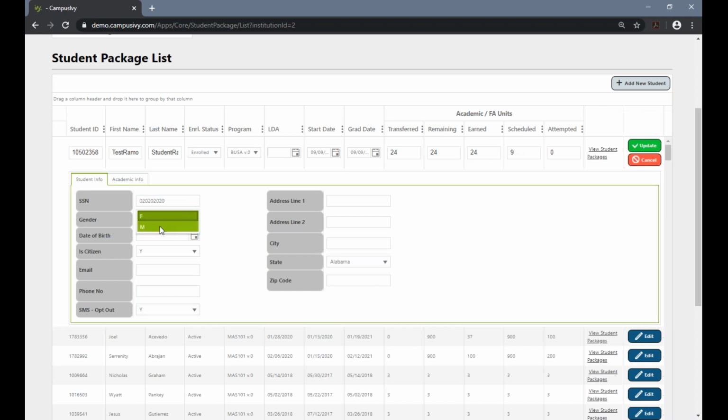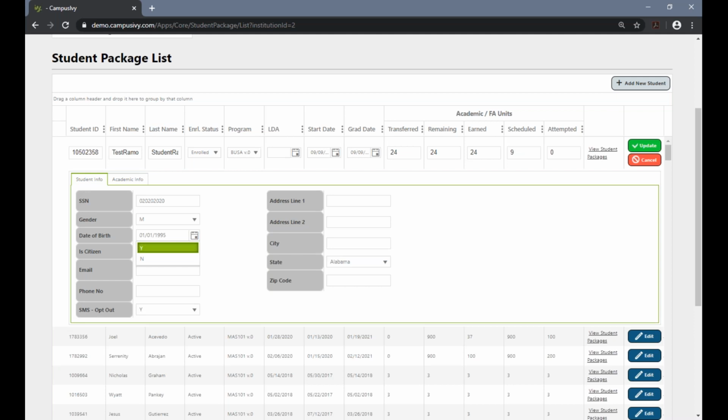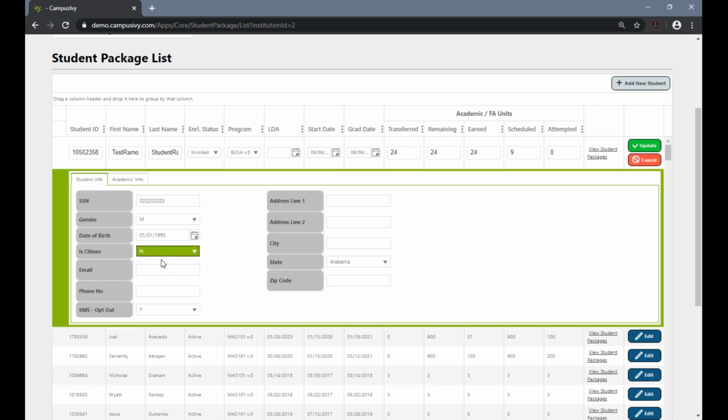Okay, social, their gender, their date of birth, whether they're a citizen or not. So keep in mind, if they are an eligible non-citizen, this entry would be an N for no. If the student is a U.S. citizen, then it'll be a yes. Their email address, phone number,